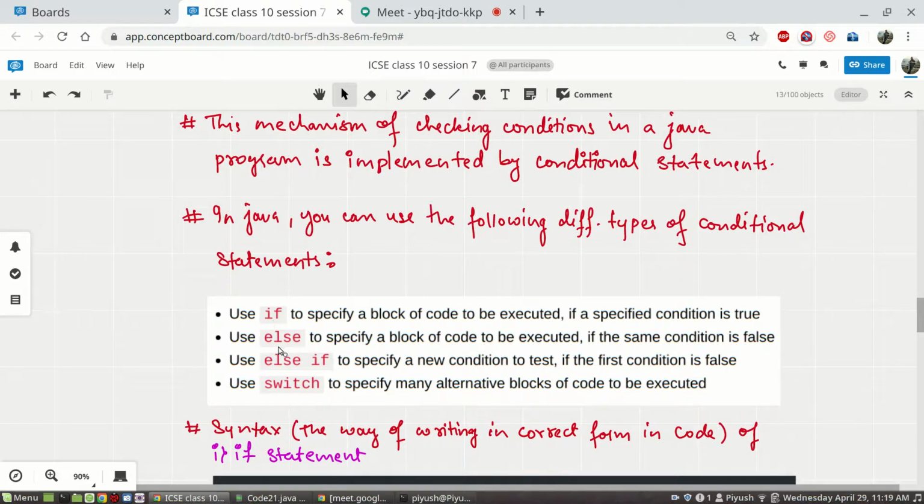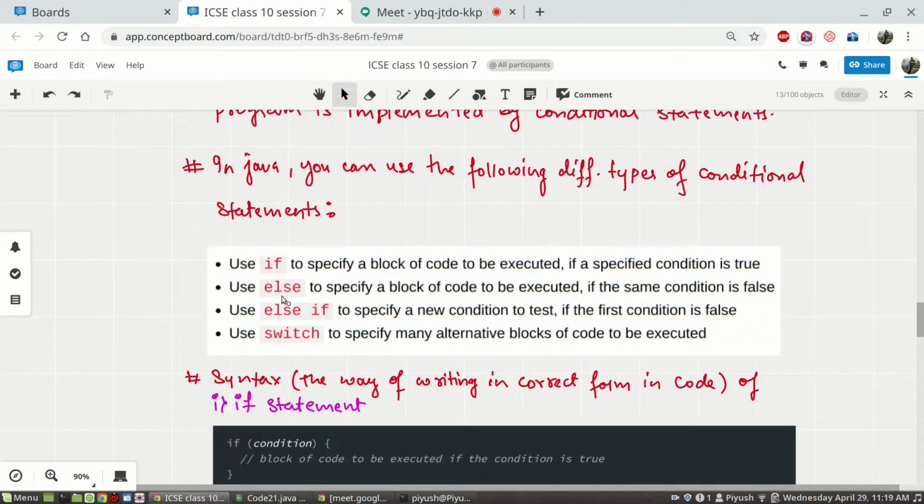First is if, second is if with else, third is if with else if and else, and fourth is switch. Today, and maybe in the next class tomorrow, we are going to deal with the first three things.